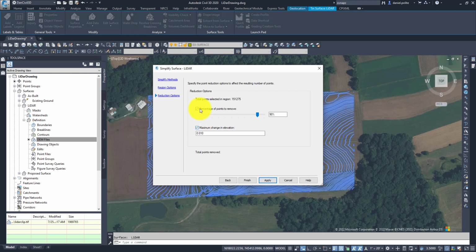So you can click that and also click the maximum change in elevation. Right now it's 0.01 and we just want to change that to 0.1. So we don't want to change it more than a tenth of an elevation within that area. Hit finish, or you can click apply and you'll see how many points have been removed. If you click apply, it's simplifying the surface and it's saying total points removed